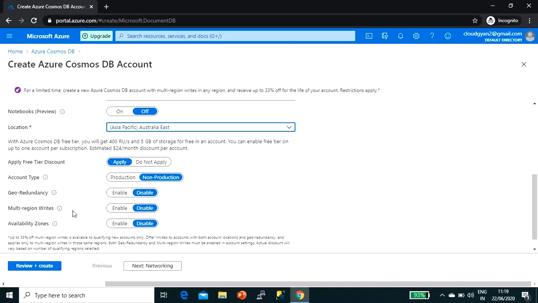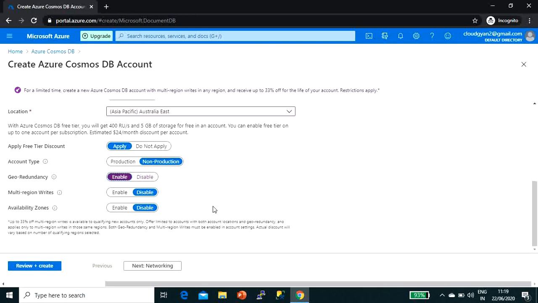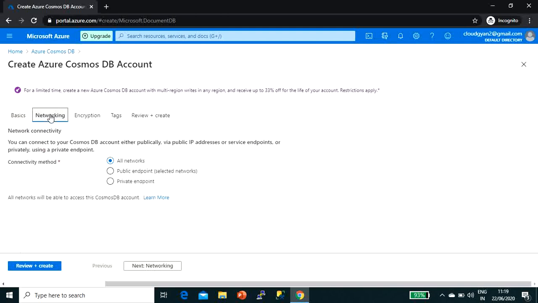You can enable multi-write regions as well, which means more than one region can be enabled for write purposes. But as of now, we'll just enable geo redundancy, wherein we have one single write region and multiple read replicas.